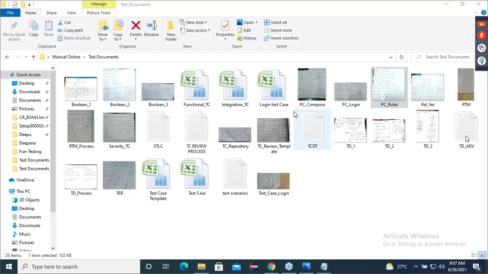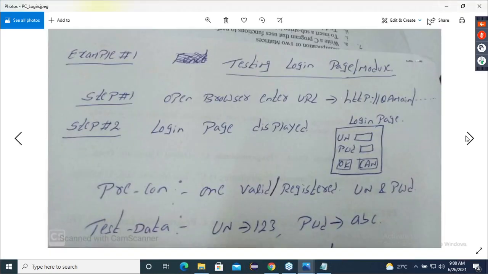And login precondition. Now listen, everyone, one minute, forget about the notepad, you should see here. First example for precondition.